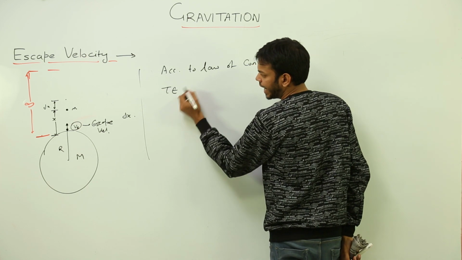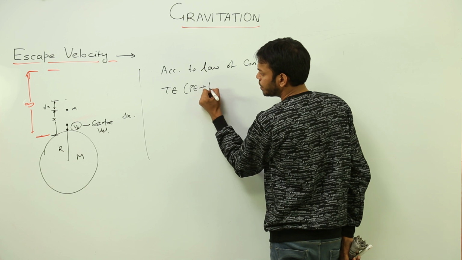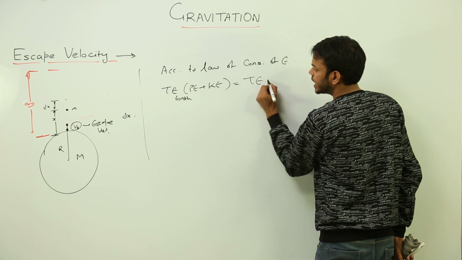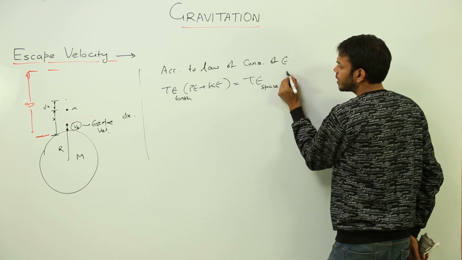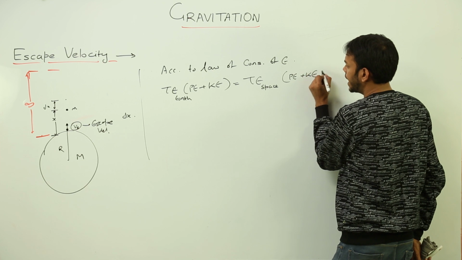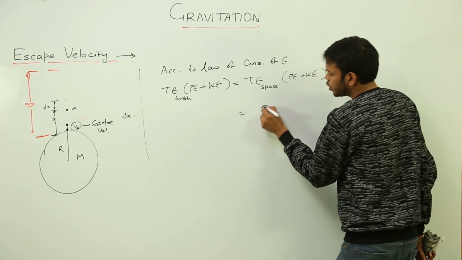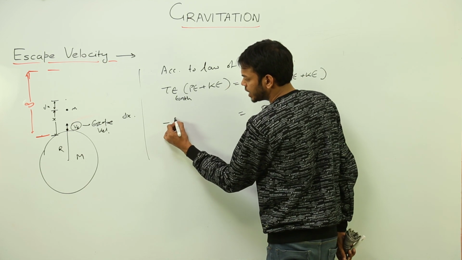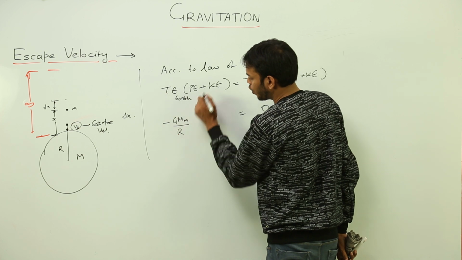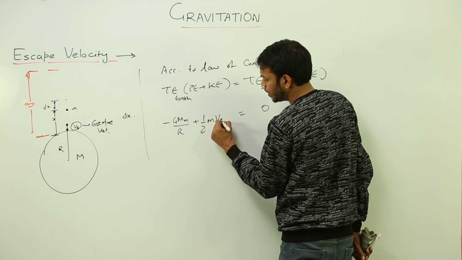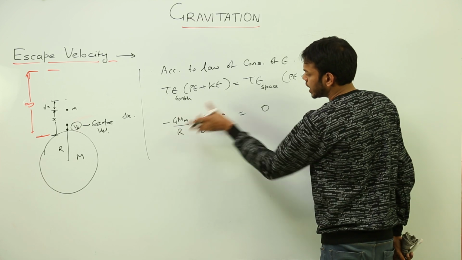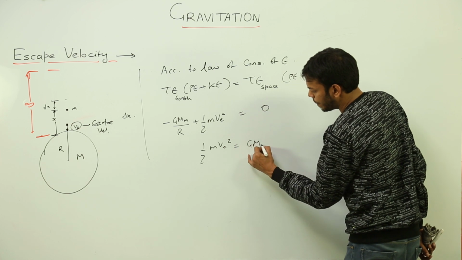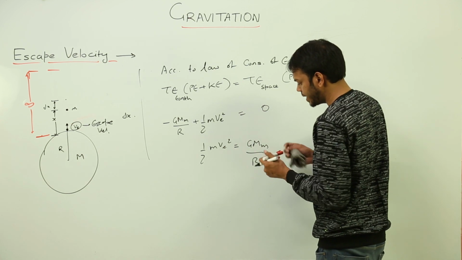Total energy at Earth, that is potential energy plus kinetic energy at Earth, is equal to total energy in space, which is potential energy plus kinetic energy. This is equal to 0. I already explained to you what is potential energy. We did the gravitational potential, that was minus GM over r, and what is kinetic energy? Half m v square, where v is the escape velocity. So this thing goes there, I'll get half m v square is equal to GM over r, and hence,